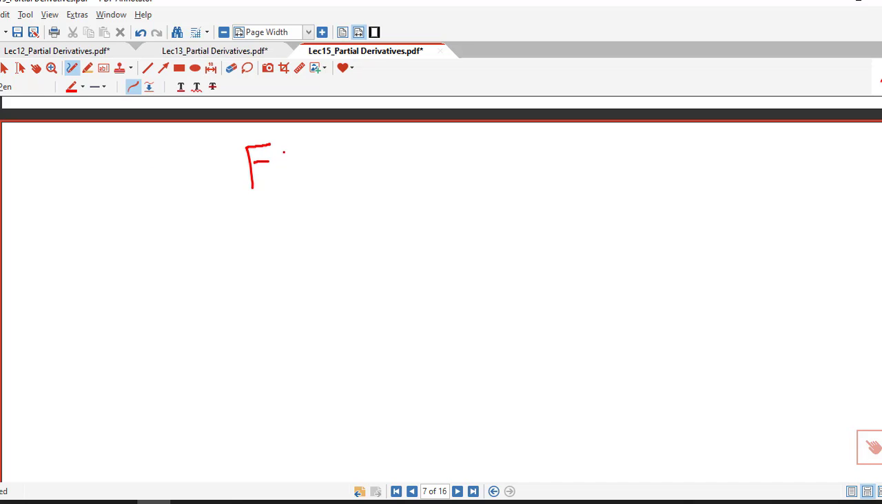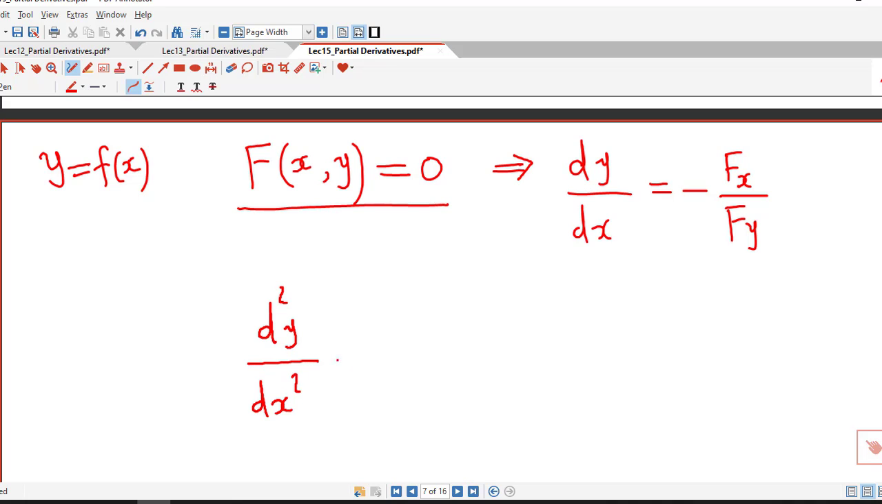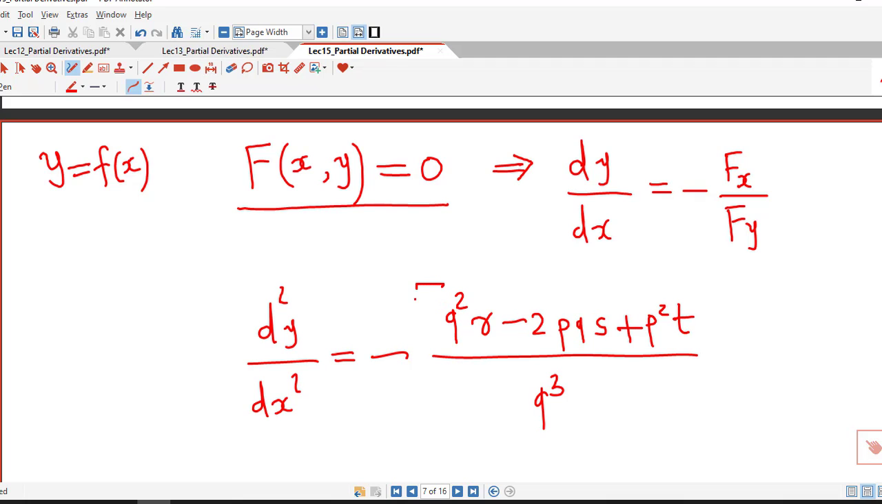So we have seen this type of things in this topic of implicit differentiation. If we have this relationship between x and y, and suppose y is a function of x, then dy by dx is given by minus fx over fy, and d square y by dx square is given by minus of q square into r minus 2pqs plus p square into t over cube of q, and negative of this,